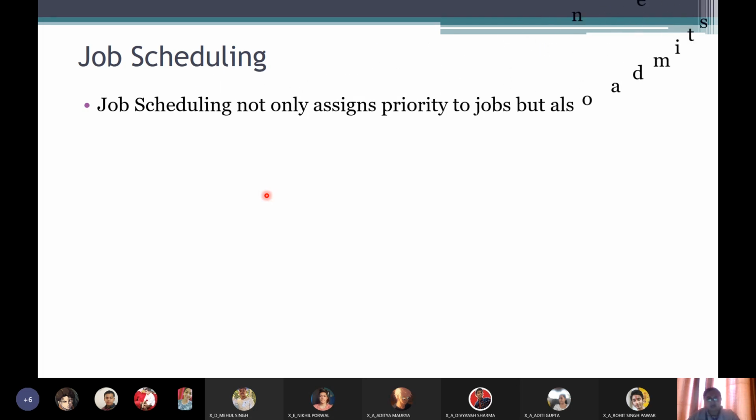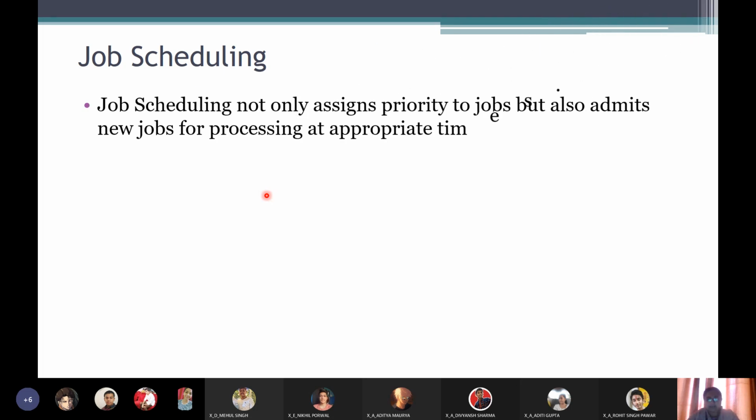Job scheduling. We had already seen, we have got a small idea about job scheduling. If you go deep into job scheduling, it is actually a whole chapter in engineering, and it consists of a lot of different numericals, but we are not going into that. We will just look into what exactly is job scheduling. You can see something like priority to jobs, right?